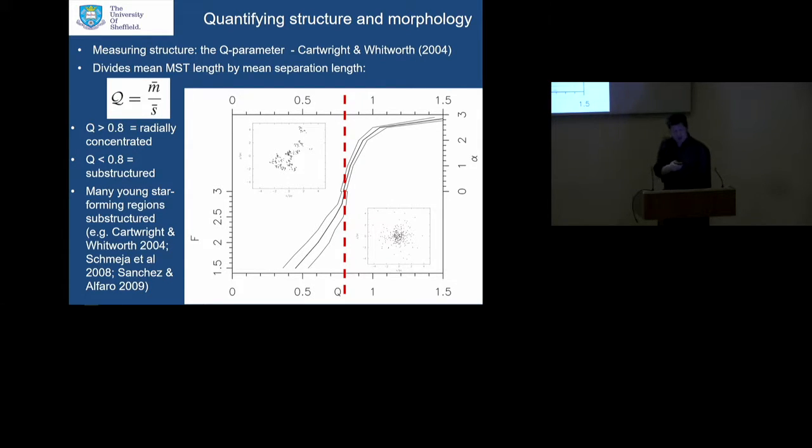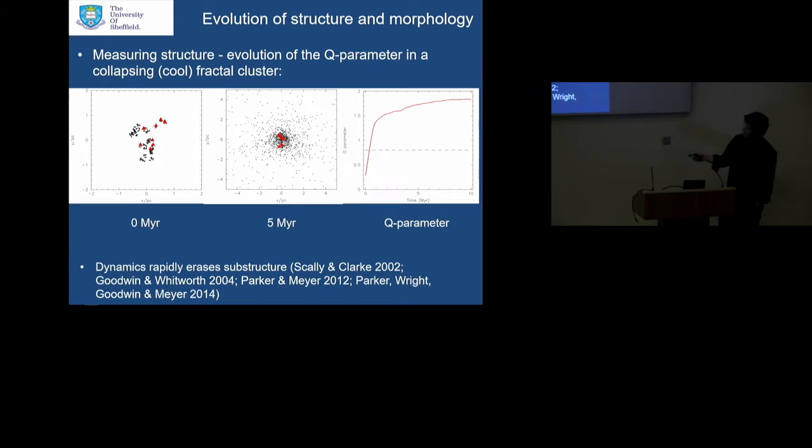So how can we use this to interpret our simulations? Well, this is the initial conditions of the simulation. This is the simulation after 5 years. And we just look at the evolution of the Q parameter. So again, below this 0.8 value, you've got spatial substructure. Above the 0.8 value, you've got smooth or centrally concentrated morphology. And the simulation, over time, loses its substructure, and this is shown in the Q parameter. And we can evolve that simulation 10 times, change the random number seed, just so we get an idea of the inherent stochasticity in the dynamical evolution. And what you see is all of these clusters with the same initial conditions generally follow the same behavior.